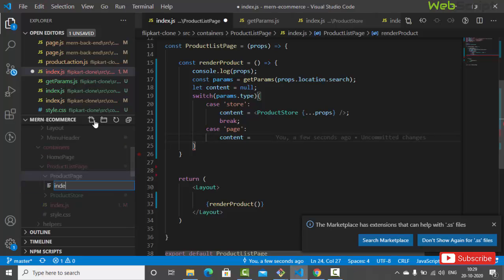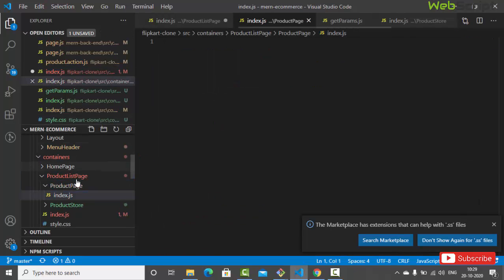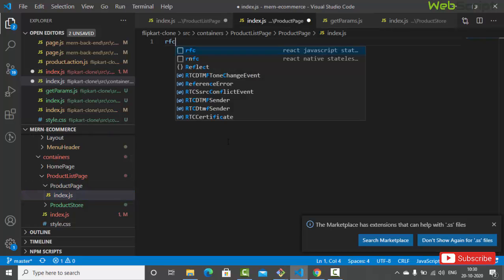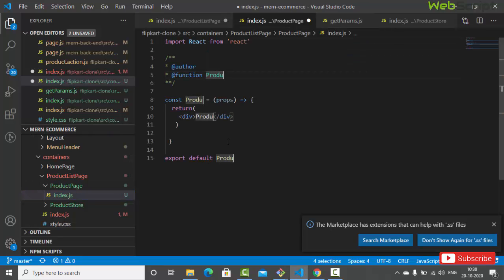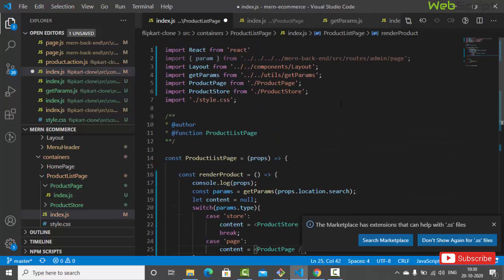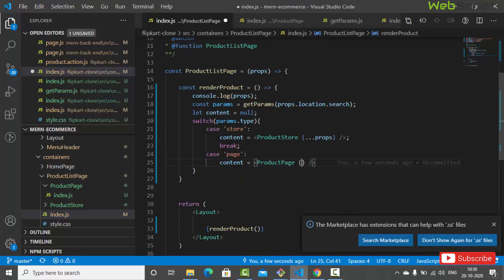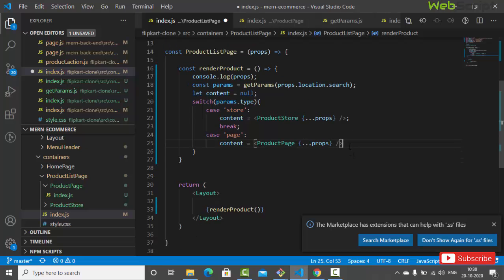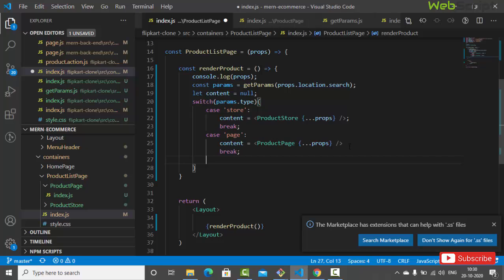We'll say index.js, and here we'll say RFC product page, save index.js, and here we'll say product page. And this product page is also imported, and we'll again pass all the required props here, and then we'll break here. Now the default case